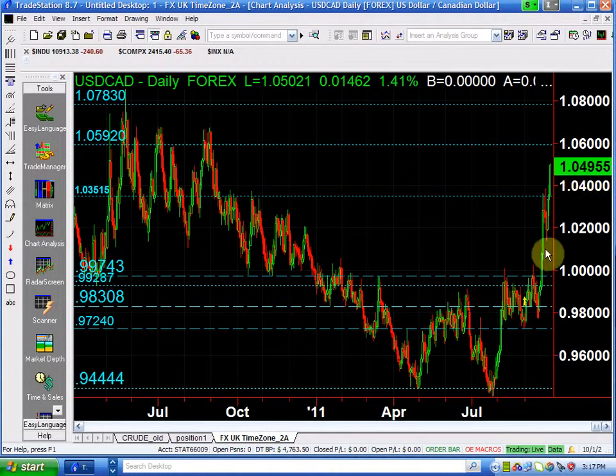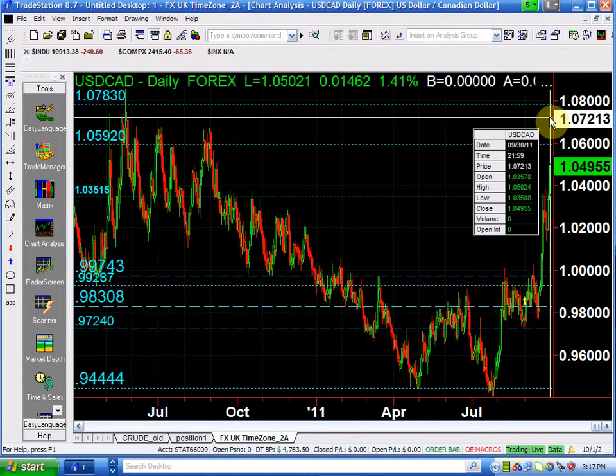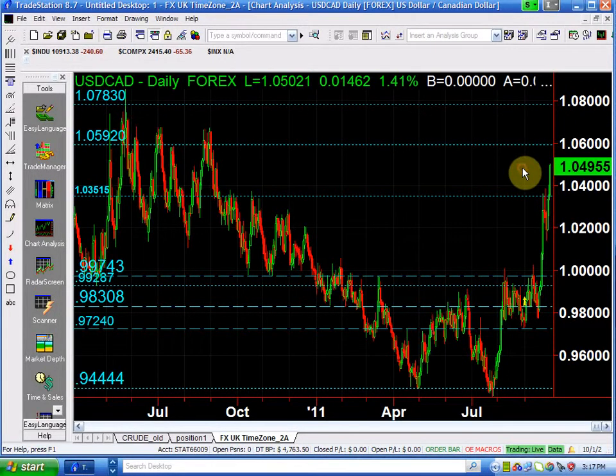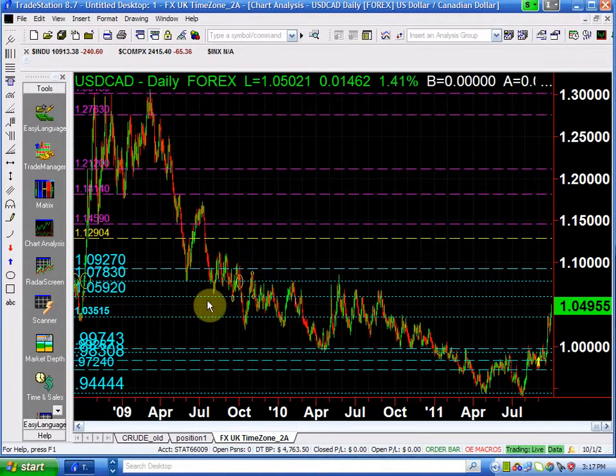We closed the week at 104.95. The high of the week was 105. So we had a slight pullback from the high of the day, which is a good sign. This means we have a reasonable close. It's not a squeezed close. The next zone or next level that we have is around the,